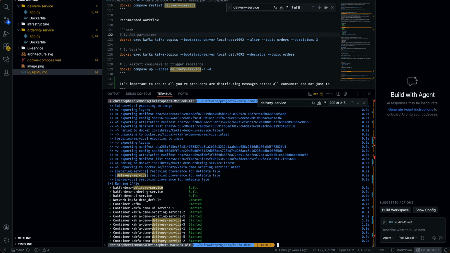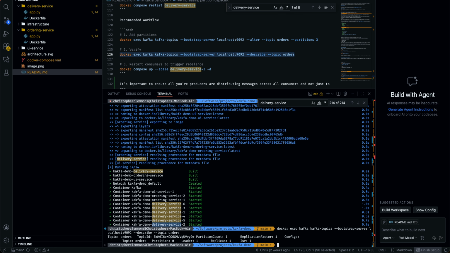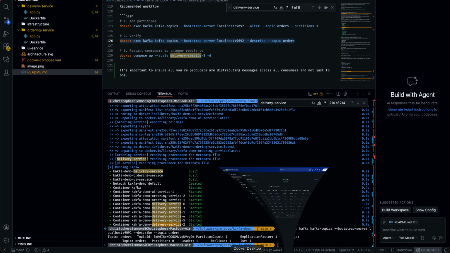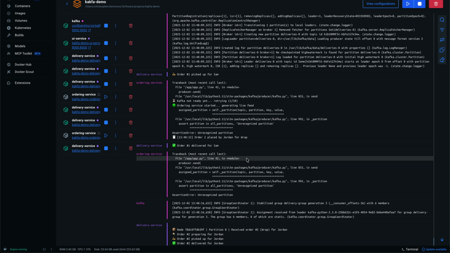Just give that a second. Now I'm glad I'm doing this because I can show you before and after I increase the partitions. Right now, if we verify, we only have 1 partition, because by default we start with 1 partition on index 0. You can see partition 0, 1 liter. That's what that means. And if we go into our Docker, you can see our Kafka demo running. If we click on that,